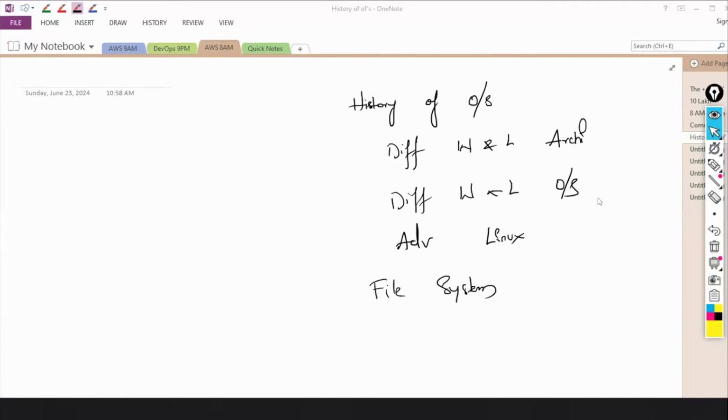I'm not getting the option to unmute. Karthik, can you unmute these people? Yes, Aravind. So now the people can unmute themselves.